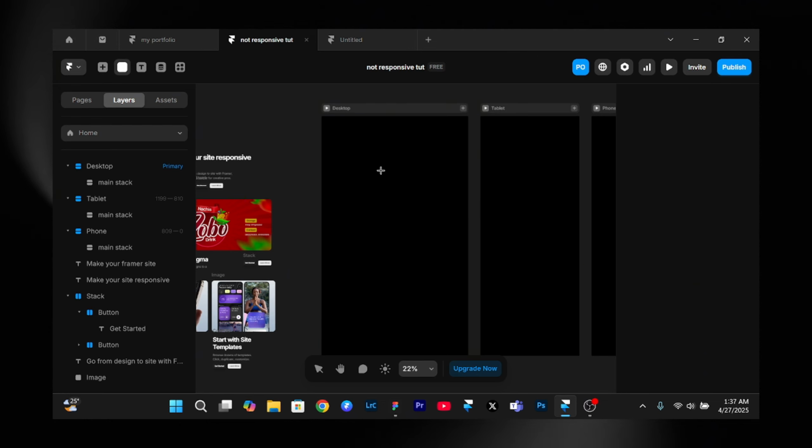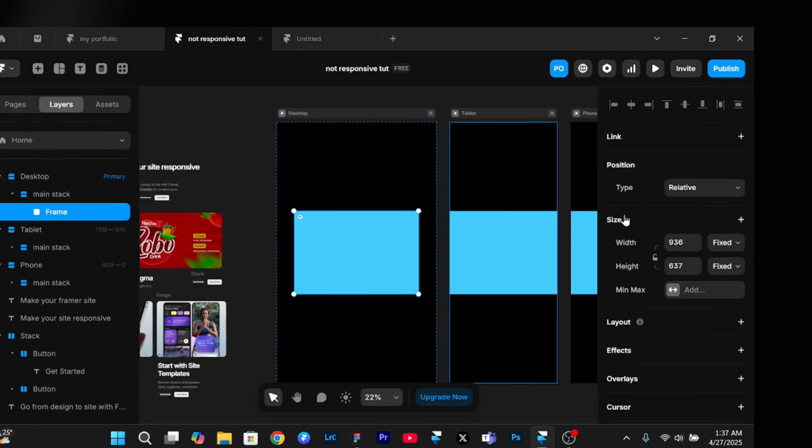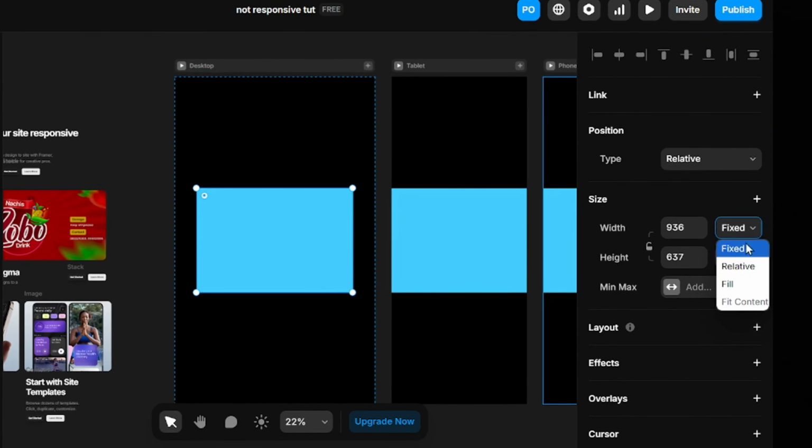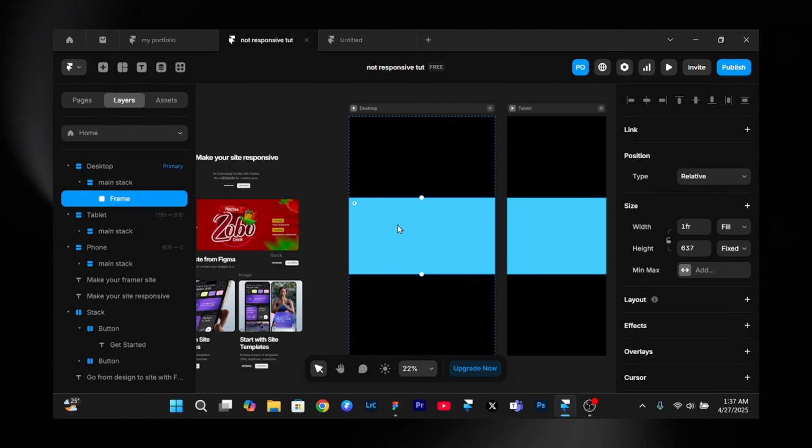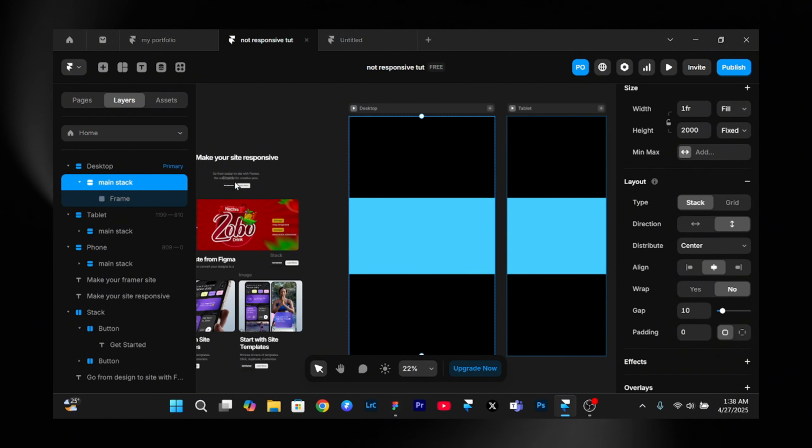So F on your keyboard, we are going to be drawing out a frame. You are going to change the width of it as usual to fill width. The frame is set to center. To change it to the top, because the hero section is not going to be at the middle of the frame. So to change it to the top of the desktop, you simply select your main stack,